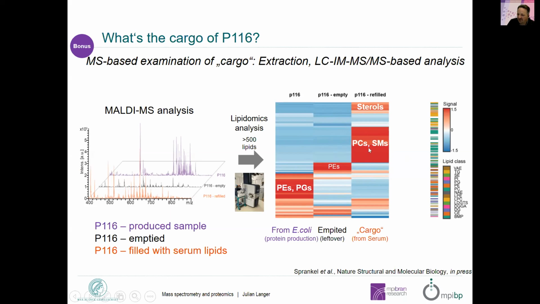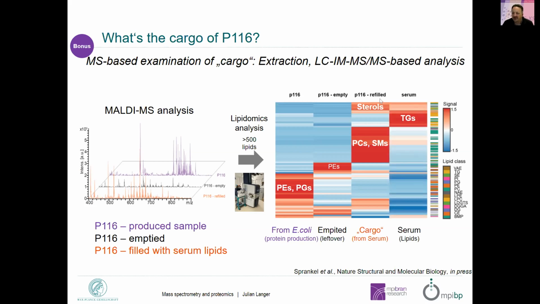So we saw a lot of PCs, so phosphatidylcholines, sphingomyelins, and also cholesterol esters and cholesterols, which was really exciting for us. However, when we ran this experiment, we were immediately like, oh yeah, what if this is just the who's who of whatever is present in serum? So what if this is just the lipids that are present there in a vast quantity, and P116 just grabs whatever is most abundant? So we also did lipidomics on the input sample, on the serum, and we were actually quite excited to see that the lipid distribution in the serum is completely different than what P116 extracted from